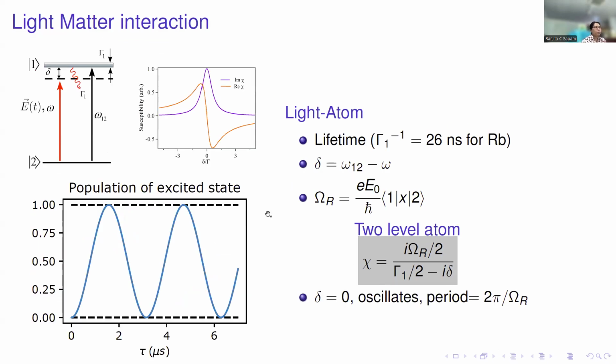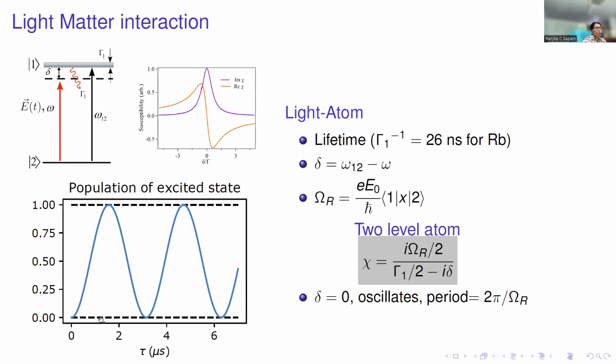But instead of sending a light which is detuned from the resonance, I send a light which is exactly on resonance, meaning my omega is exactly equal to omega 1, 2. Then what will happen is that the atoms will oscillate between the ground state and the excited state. Here I am plotting tau, the time, on the x-axis, and the y-axis is the probability of finding the atoms in the excited state. As you can see, the atoms are oscillating between the ground state and the excited state,